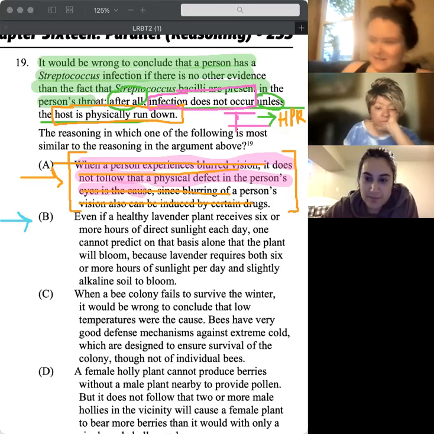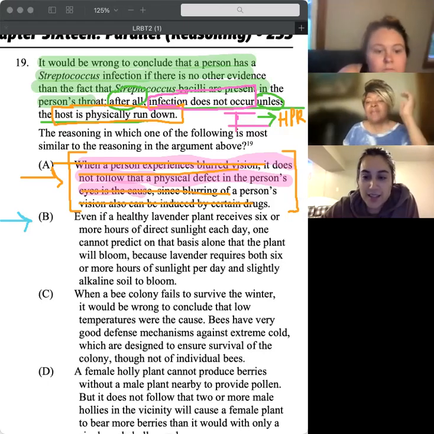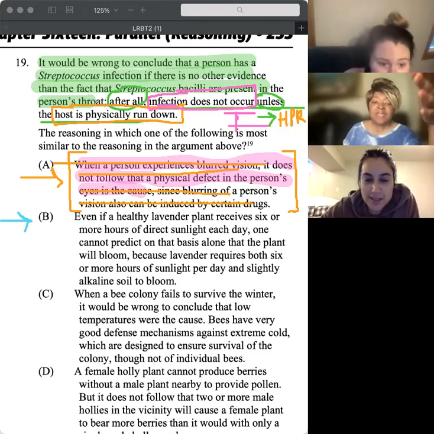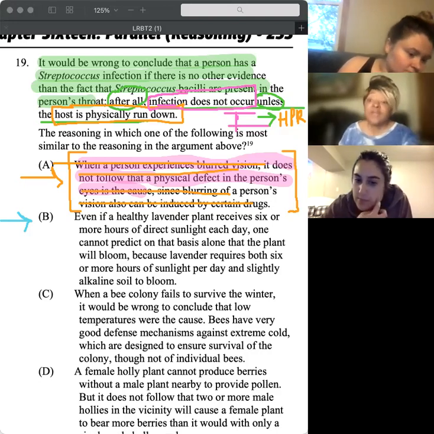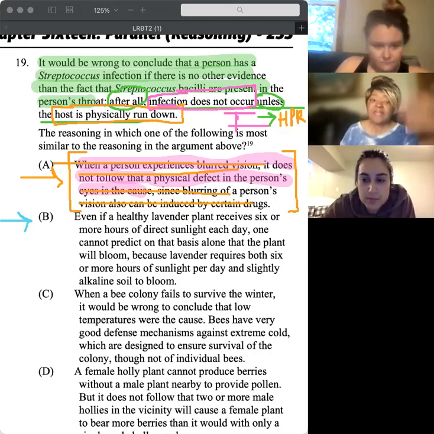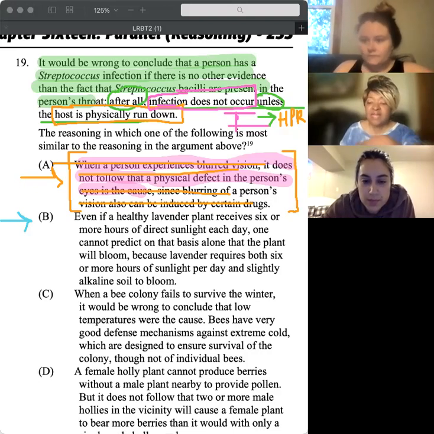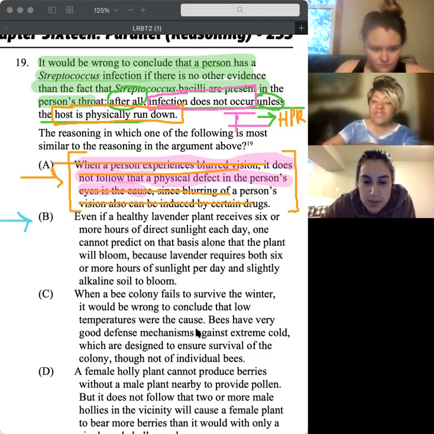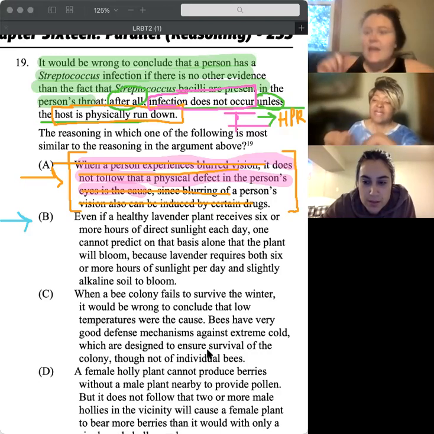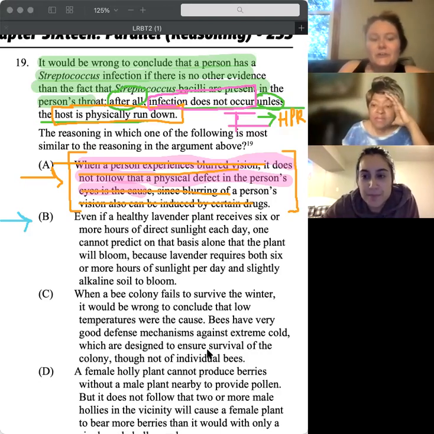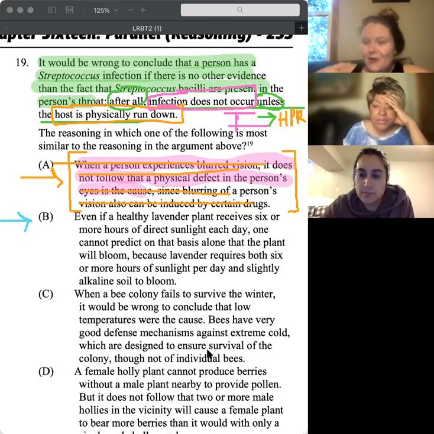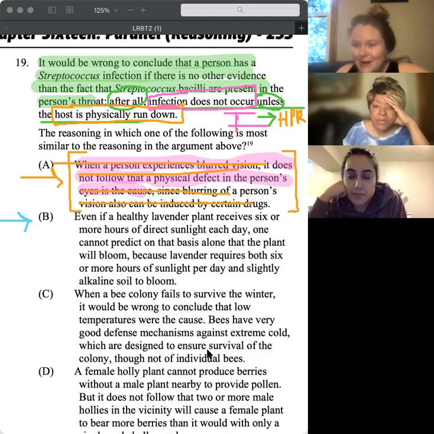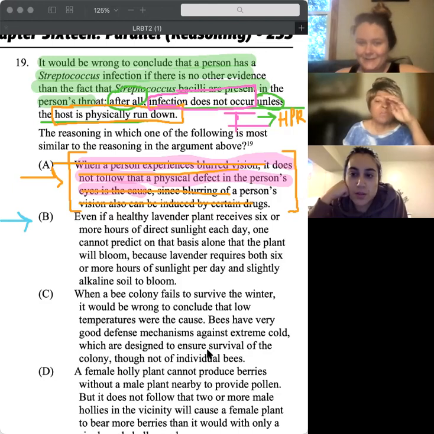What don't we like about C? I'm going back to the very beginning. They give you a reason. They're telling you because the body's run down. This is just giving a state of it, just putting facts out there. It's not giving you a reason. This one's saying it's wrong to conclude that this is the cause because these are all the reasons why it can't be the cause. Where ours doesn't say you don't have strep throat. It's just saying it would be wrong to say that you have strep throat just based on this alone.